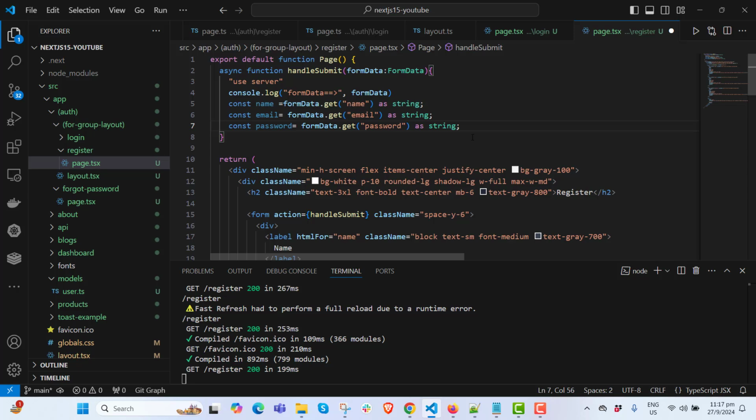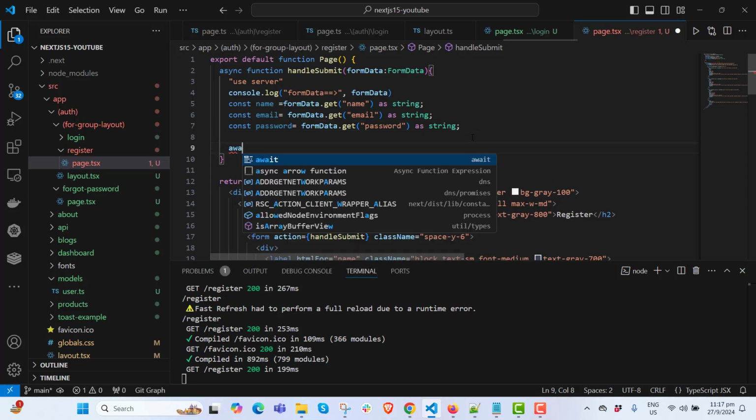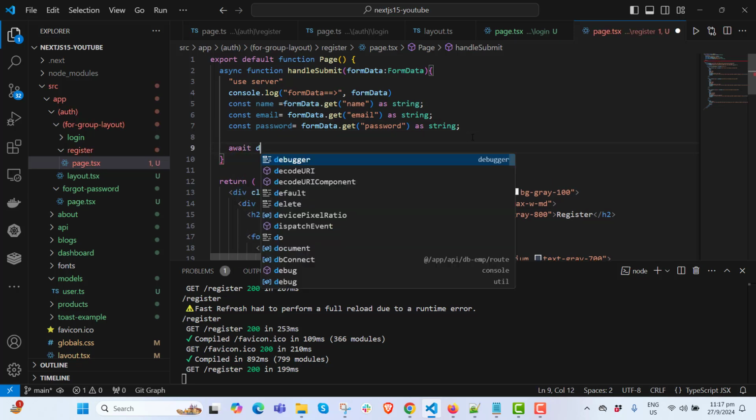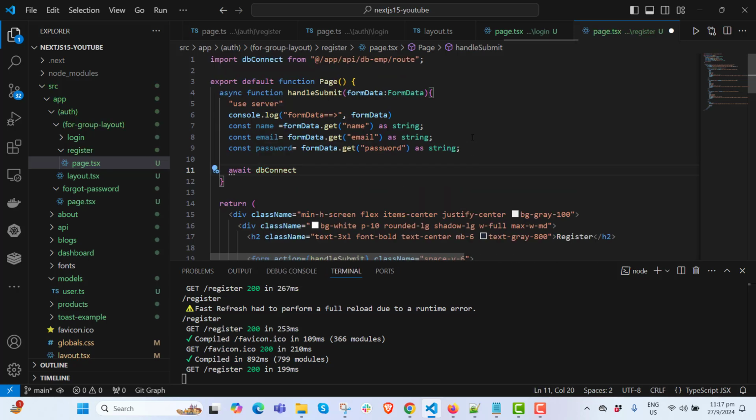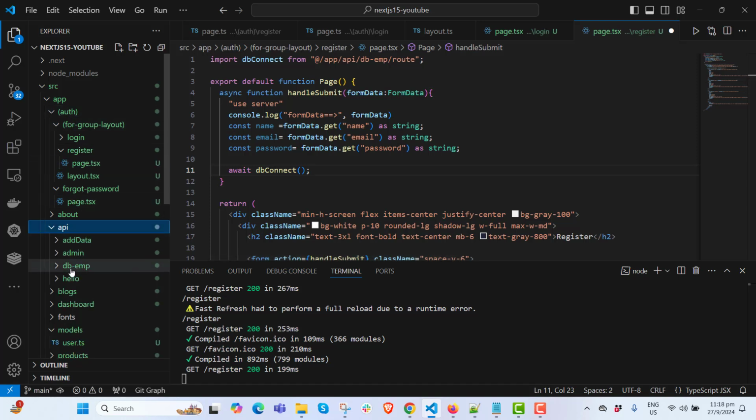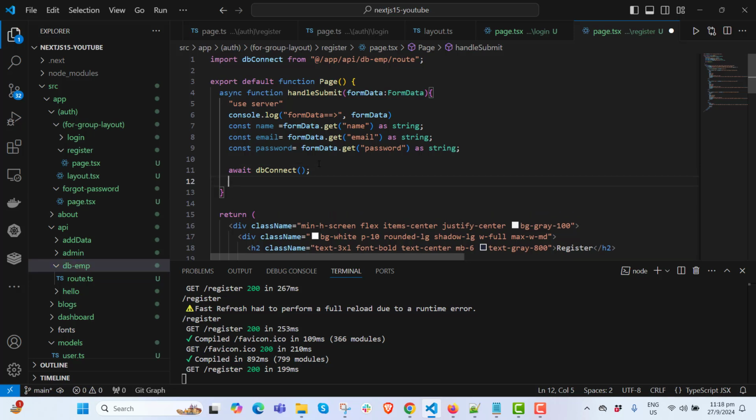Okay, now we need to connect the DB, our database, and its name is, can you remember, it is DB connect, and it is coming from the app API DB route. It's here, API DB route. Okay, and we need const existing user equal to await